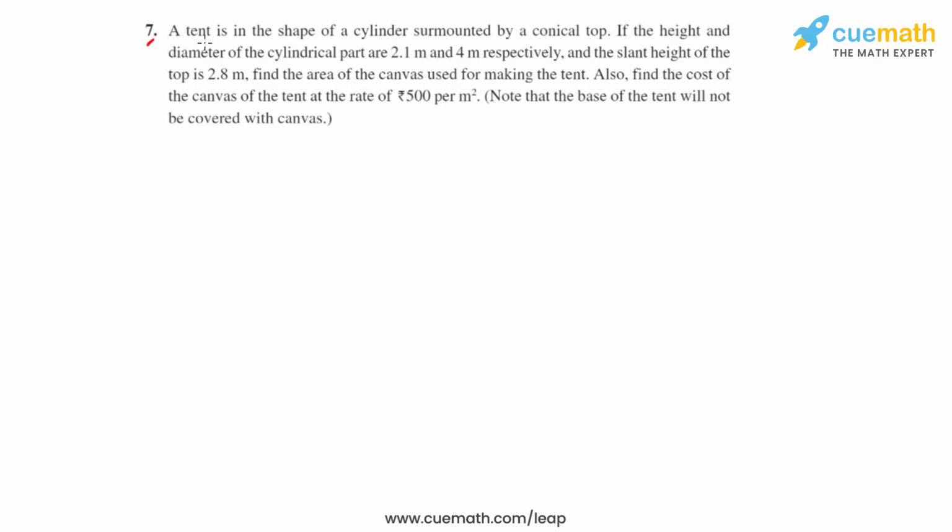Question number 7 says that a tent is in the shape of a cylinder surmounted by a conical top. If the height and the diameter of the cylindrical part are 2.1 meters and 4 meters respectively, and the slant height of the top, which is a conical top, is 2.8 meters, we have to find the area of the canvas used for making the tent. Also, we have to find the cost of the canvas of the tent at the rate of rupees 500 per meter square. They've also given us a note saying that the base of the tent will not be covered with